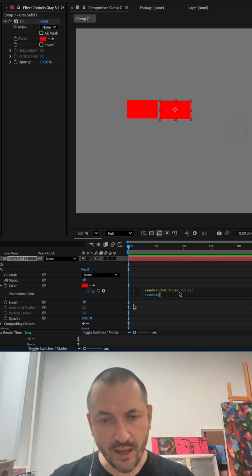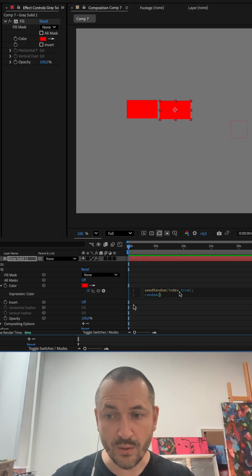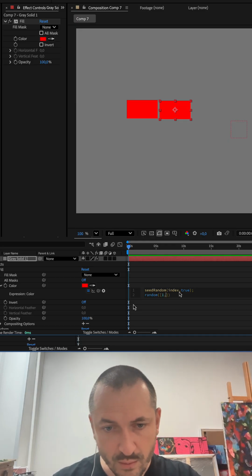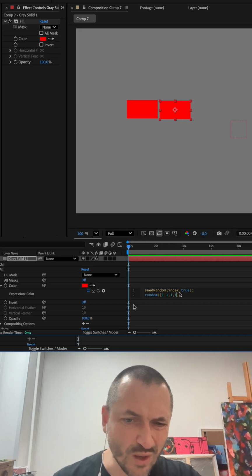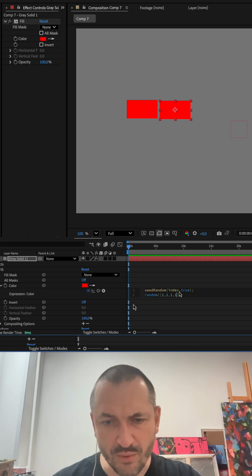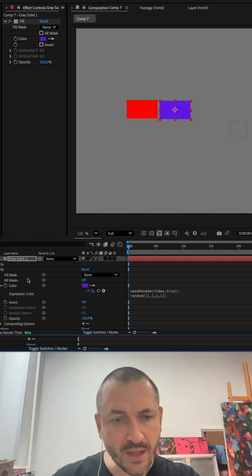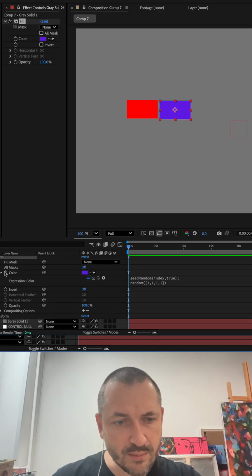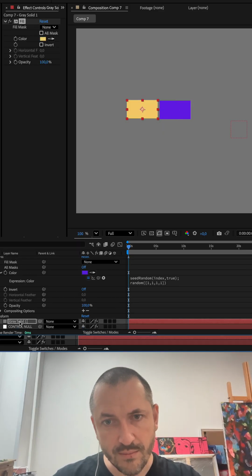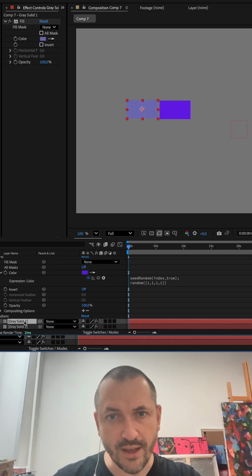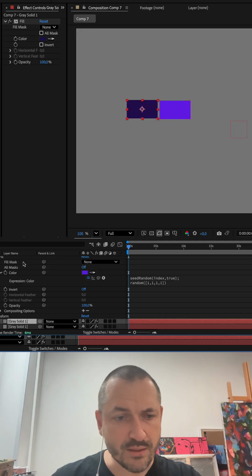And I want it to make a random color, so it will be [random(), random(), random(), 1]. The alpha channel will be random too, but this doesn't matter for now. We will copy this effect and paste it here. So now all additional layers will have their own color, just for us to make it beautiful.